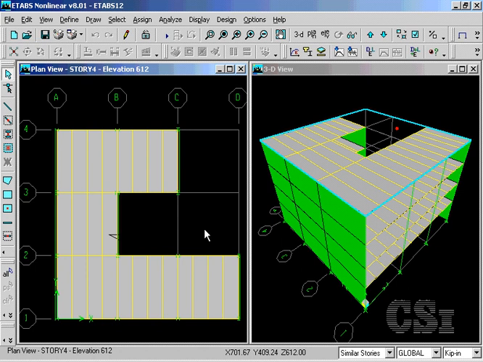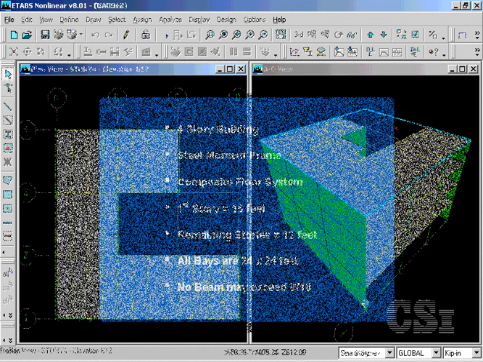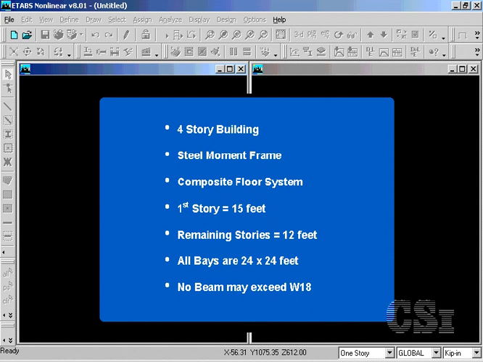This tutorial will illustrate the fundamentals of working with ETABS and will show how quickly and easily a model can be developed. At the completion of the tutorial, the building shown will have been created, analyzed, and designed, so let's get started. Our project will be a 4-story building where the first story is 15 feet and the remaining